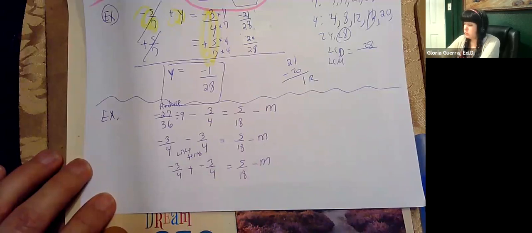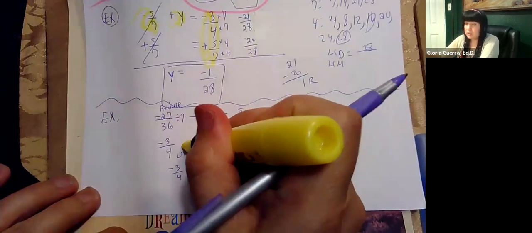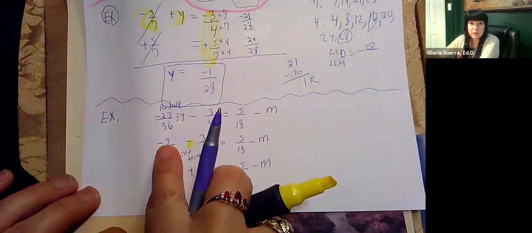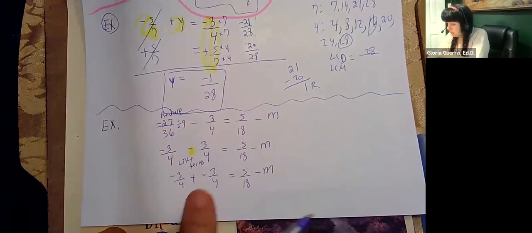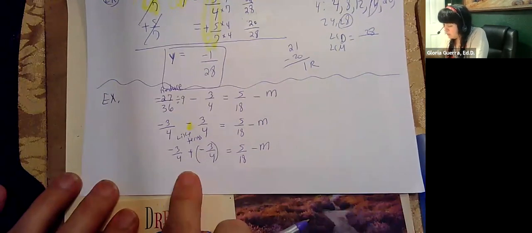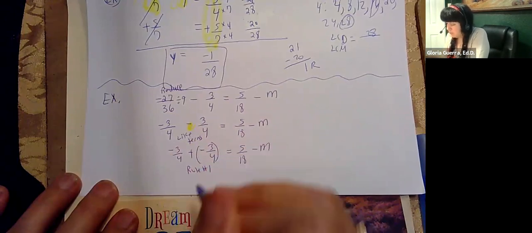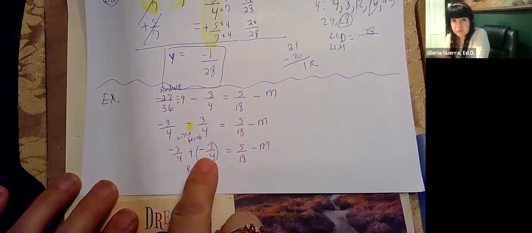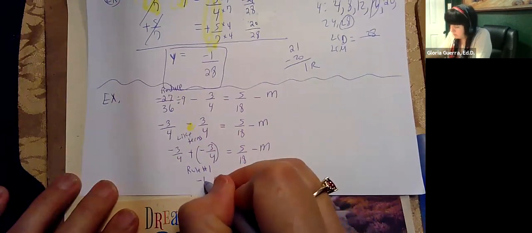Like terms, I change the subtraction to addition because these are signed numbers. Change it to addition, and then take the opposite. That's what I'm doing right here. And then this is rule number 1. Negative plus a negative is a negative. So 3 and 3 is 6, -6/4